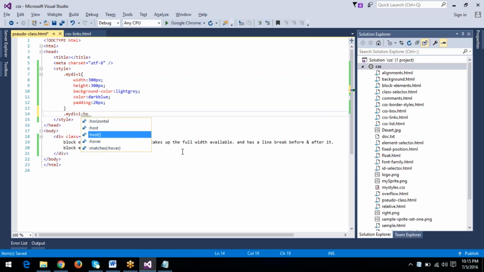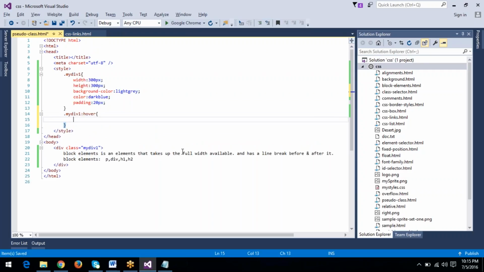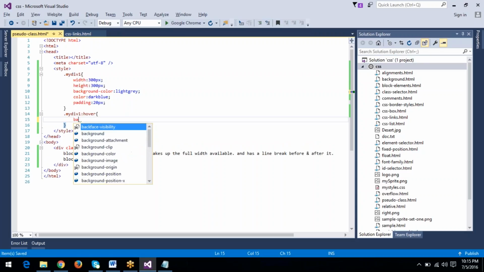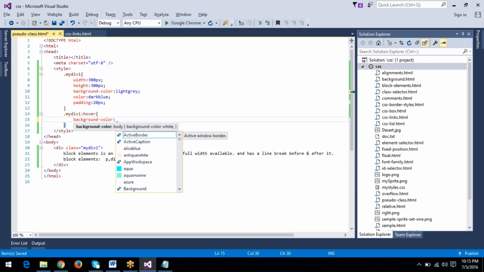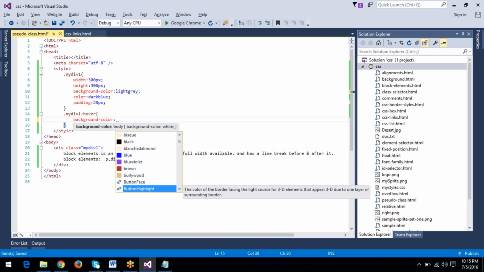Okay, hover, background color. So background color deep sky blue